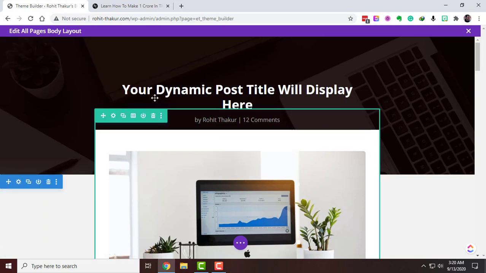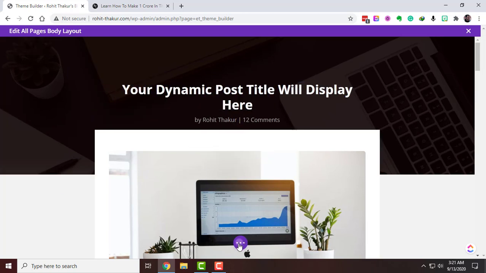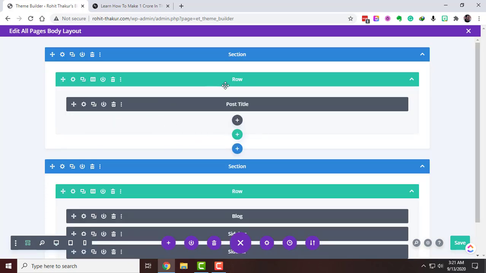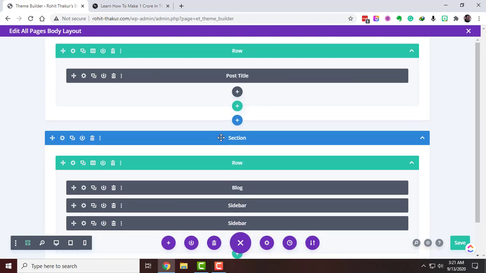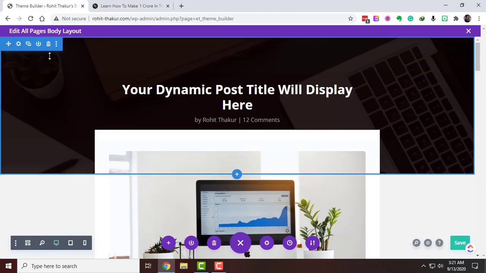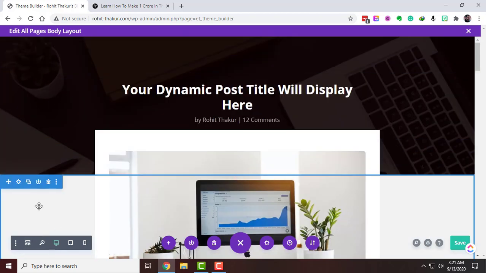Right now we are editing everything in the visual editor. You can move back and choose a different editor, the wireframe view. When you click on this, you can see it just like this. So this is the section we were editing, the row. If you don't know which section it is, you can click here again and see this is our first row, this is our second row.